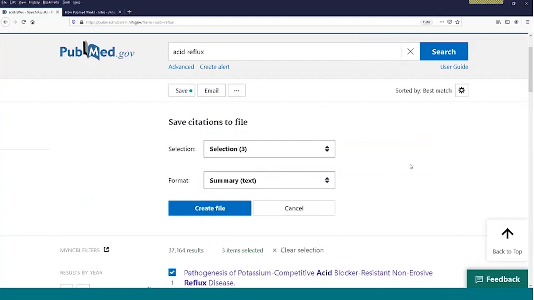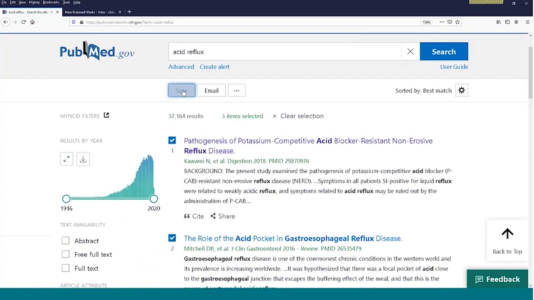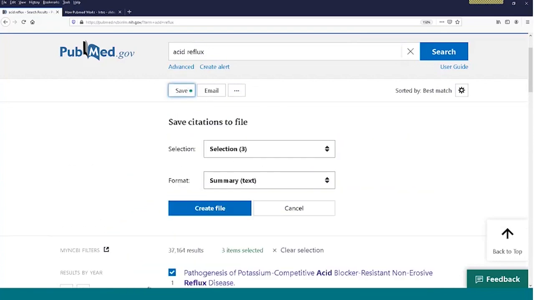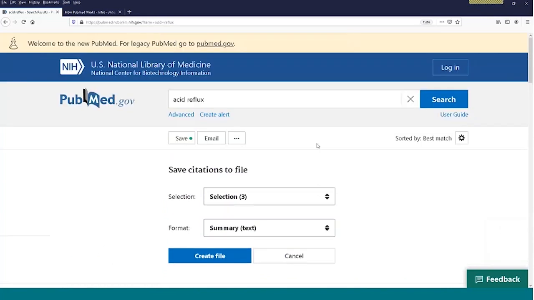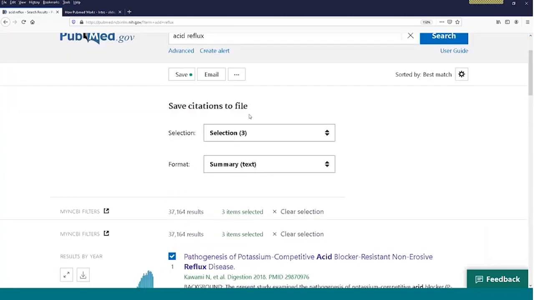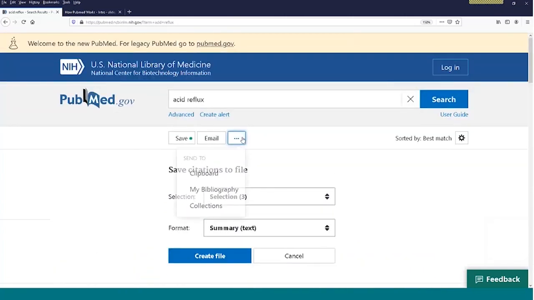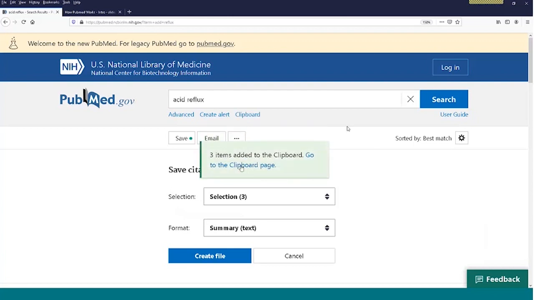And Bridget asks, what about saving citations on a clipboard? So if you could show that again. Sure. Okay, I need to be logged into my NCBI, I think. No, I don't. Let's see. It's a tricky naming thing because it's not saving the citations to the clipboard, it's sending them to the clipboard. Yes, and I'm glad you brought that up because when you save items to the clipboard, it